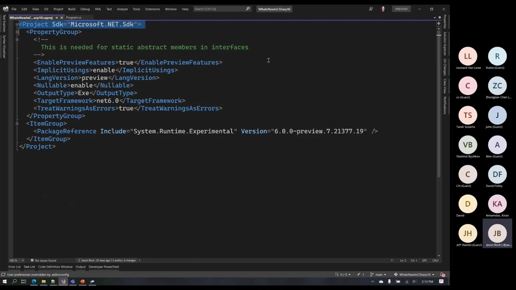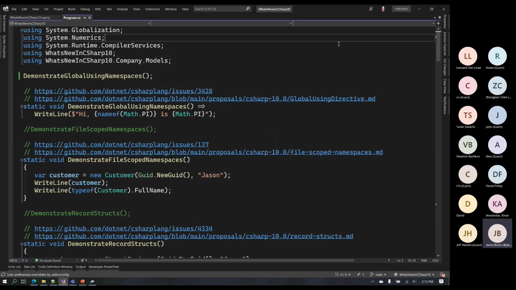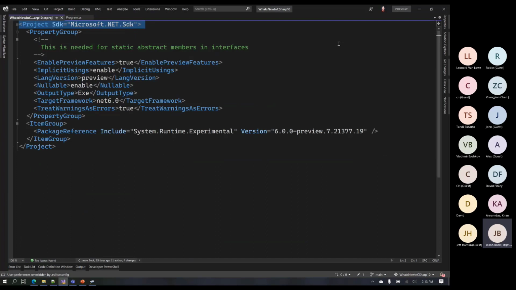So if you're using a web SDK or just this SDK, there's a certain set of usings that are globally available. So for example, System is one of them. I believe System.Collections.Generic is another. So I no longer have to put that at the top of every file here. That's just coming along for the ride. So that's why I wouldn't have to put in using System here, but I don't have Console here either. So that's another thing we need to look at.